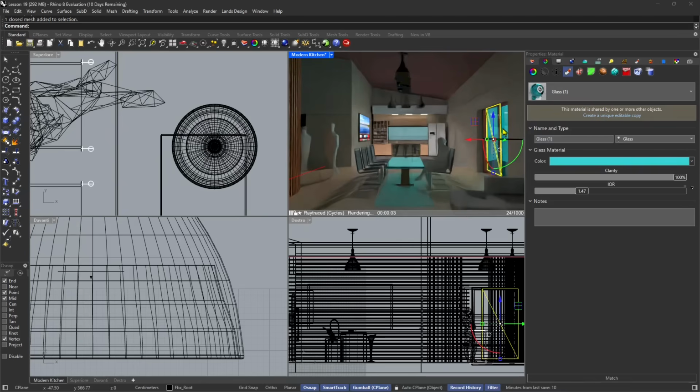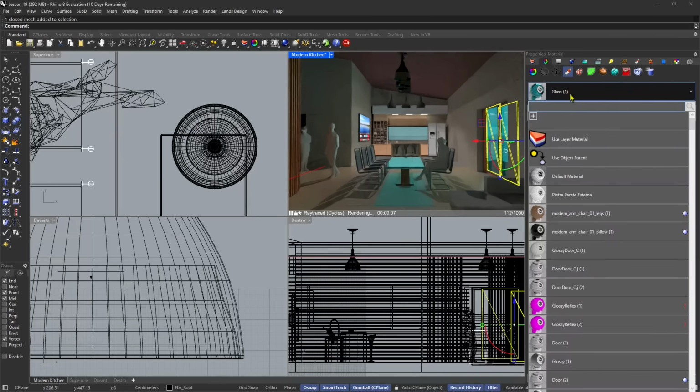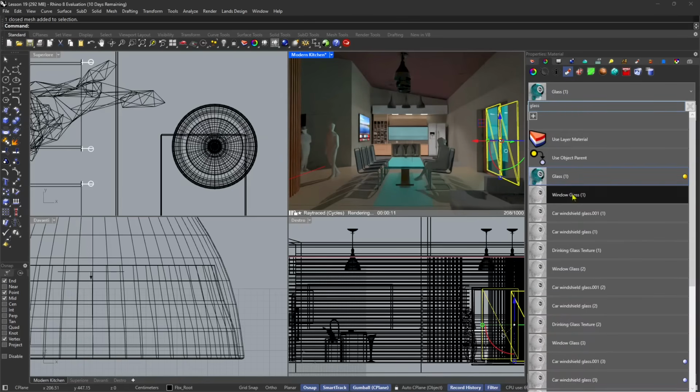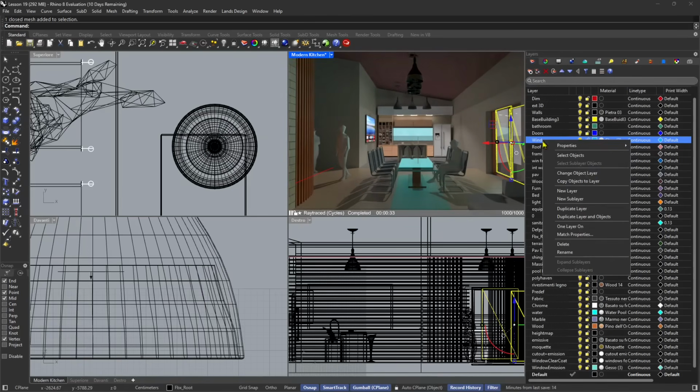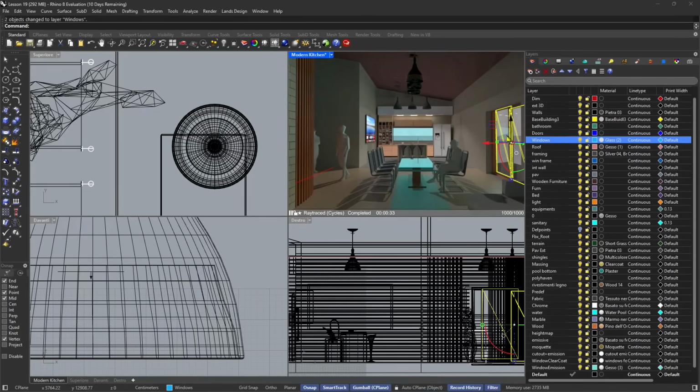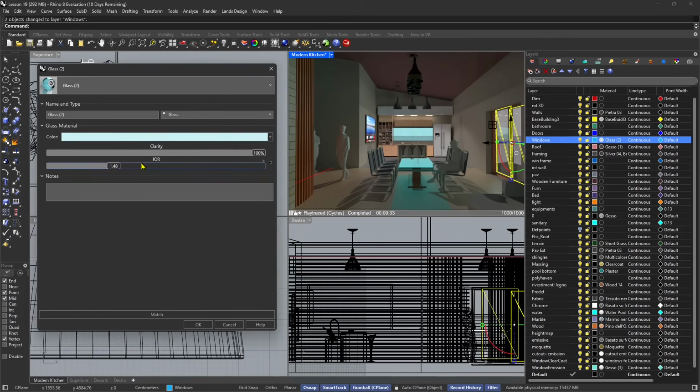It's the same glass of the table, so maybe we can change this into a clearer glass, like window glass, or I can use layer and put those objects directly onto the layer, and from here I can change. And you can see the IOR also is important. Glass is going to be